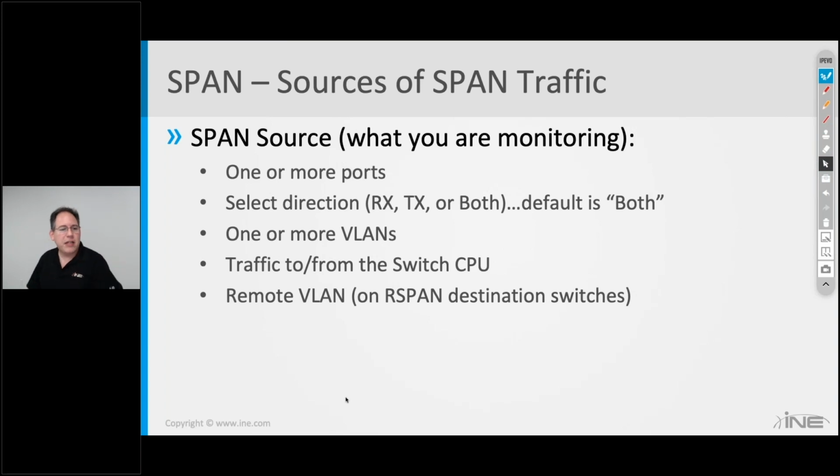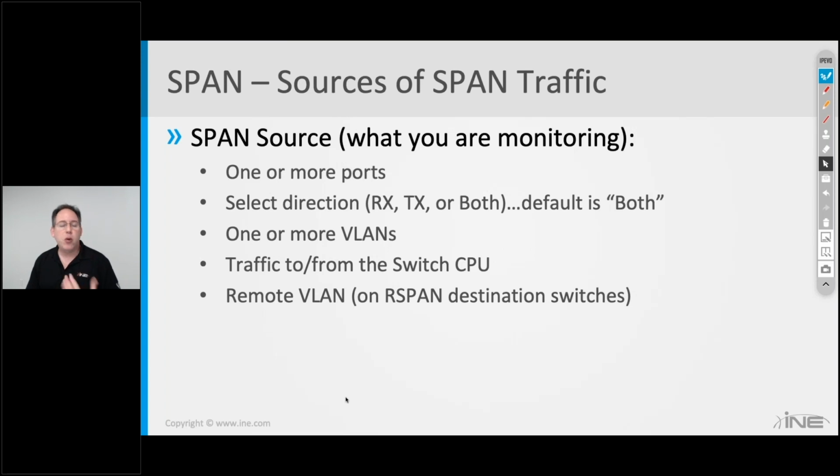The other thing I want to mention is about selecting a VLAN. Once again, be very careful about selecting a VLAN as your source, because that's a very easy way to overload the SPAN destination port that's leading to your laptop or your network monitoring device. Let's say that's not a problem, okay? Well, the other thing to consider is when you select a physical interface, like we see here, Fast Ethernet, gig, whatever,